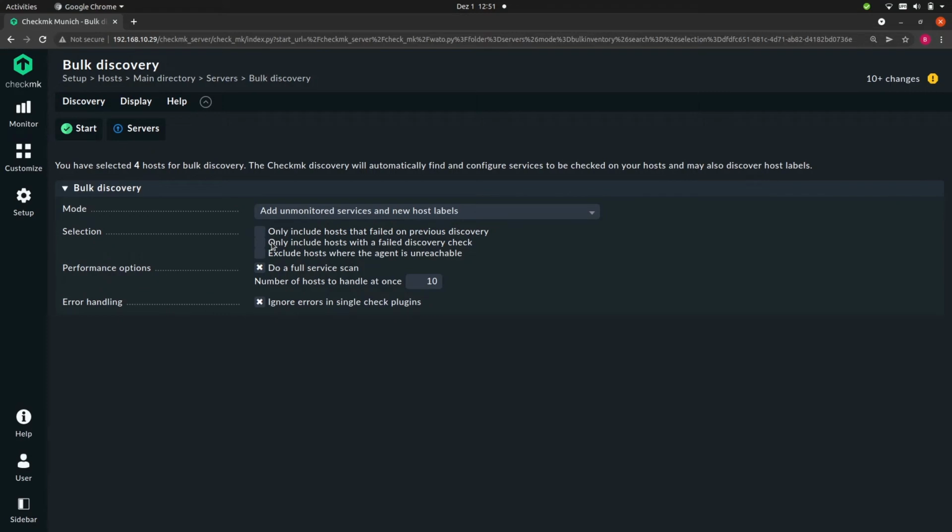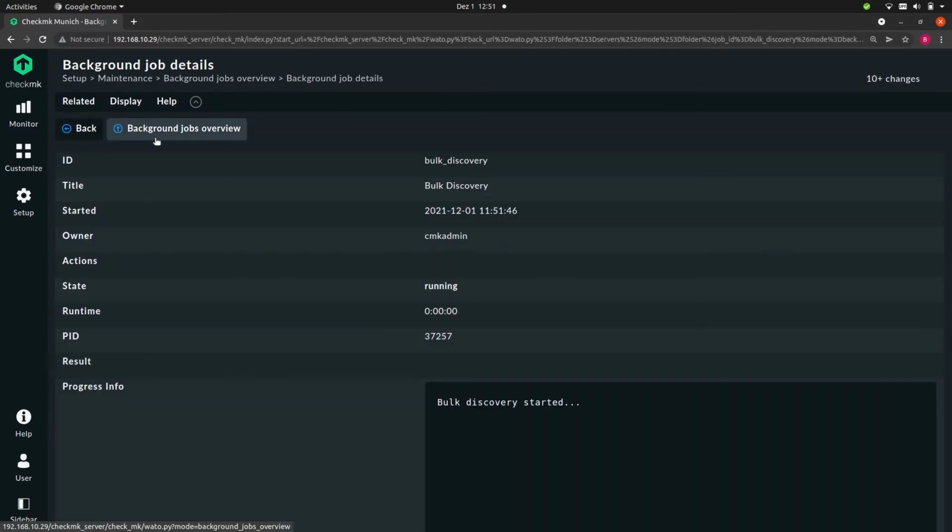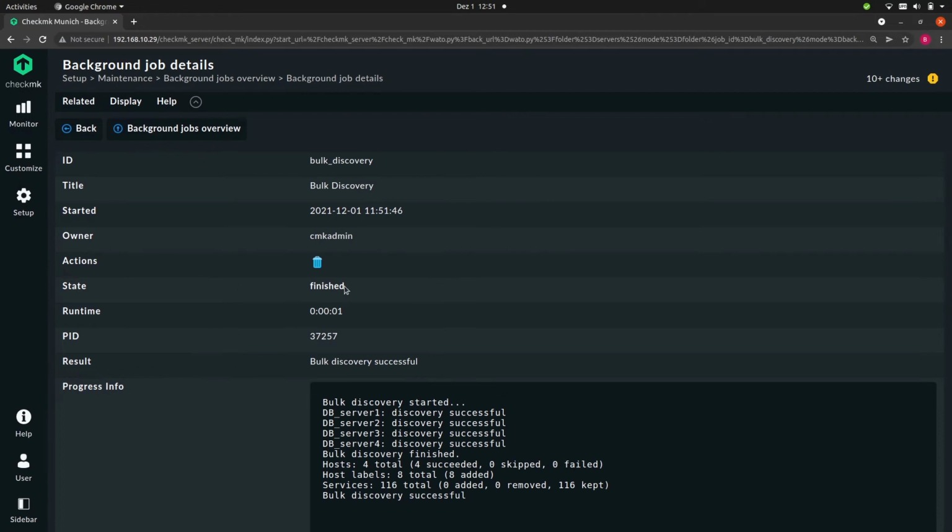And then there is another option to only run the service discovery on hosts where the discovery check has failed. This is a check that warns you when there are undiscovered services on your host that are currently not being monitored. When you are ready, simply click Start, and this will trigger a background job, and this can take a while depending on the number of hosts that you are rediscovering.